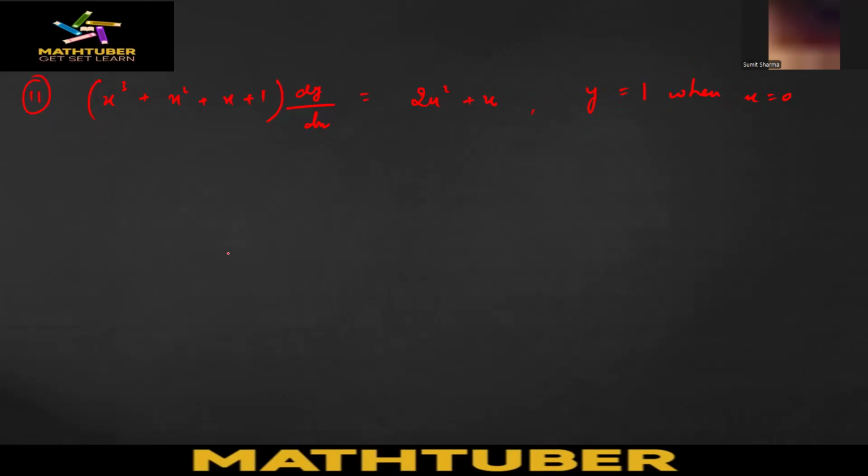So first of all, we have to separate the variables from this, and then we have to integrate both the sides. And after integrating both the sides, we have to find the value of c, that is the constant of integration. So first of all, we can take out x square common from these two. So you'll get x plus 1. And from the other two, you can take 1 common because there is nothing common in it. So this will be